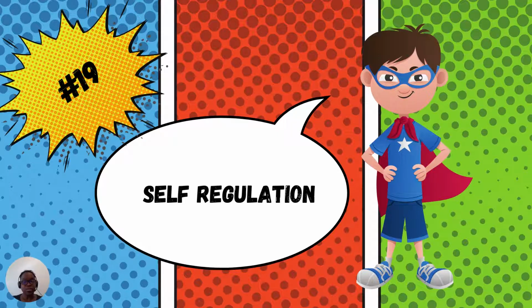Oftentimes the thought is that a client can easily regulate themselves when they are upset, angry, or excited. We know that they need some ways of responding to it in a different way. And self-regulation fosters growth of physical and emotional regulation. It really looks at helping clients to look at their behavior, for clinicians to look at the behavior, but first to look at where the emotion is that's driving the behavior. Oftentimes figuring that out can be helpful to then find a way to best respond to the client's behavior.